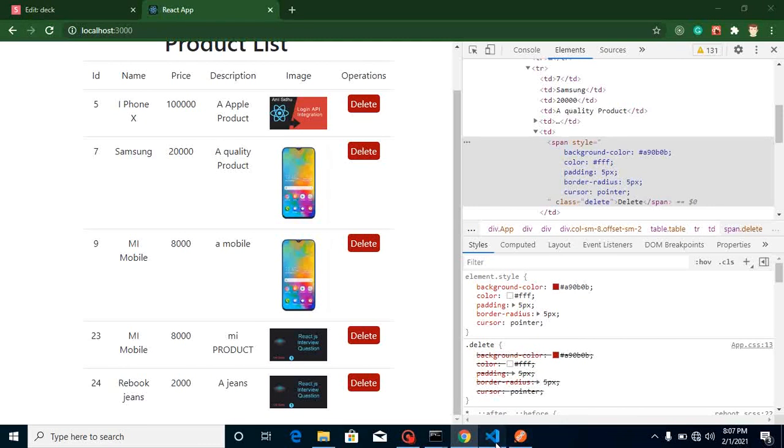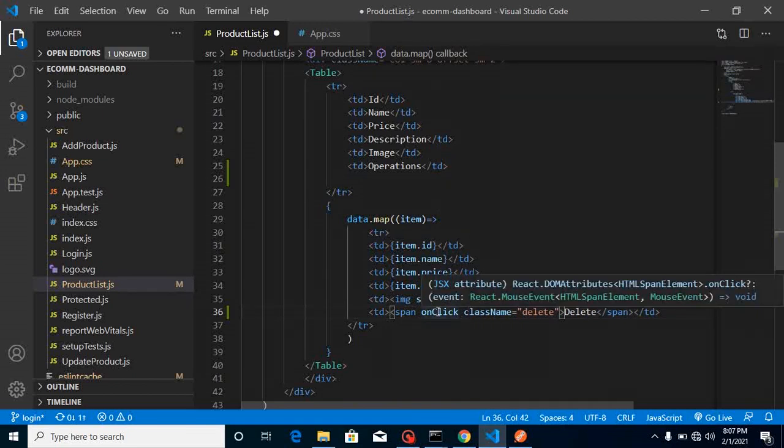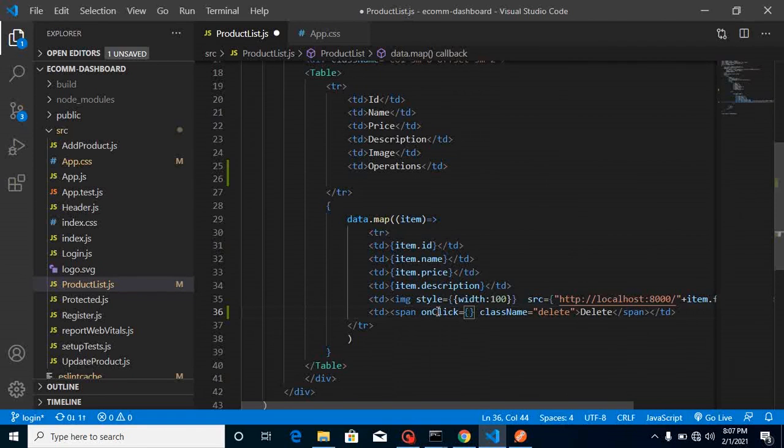So let me call a function on this. Let me write an onClick. You can use a button here also, but I just want to show you that in React you don't need a button only for a click event. You can add the click event on any HTML element. So let me call this delete operation function,